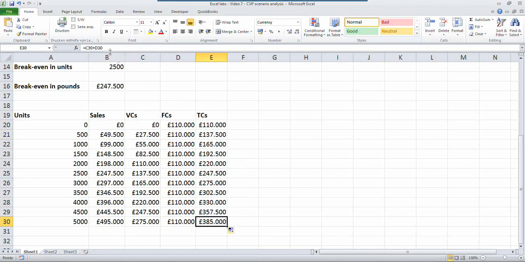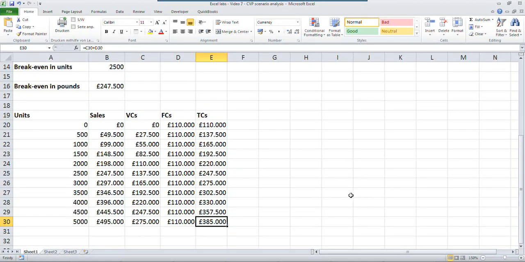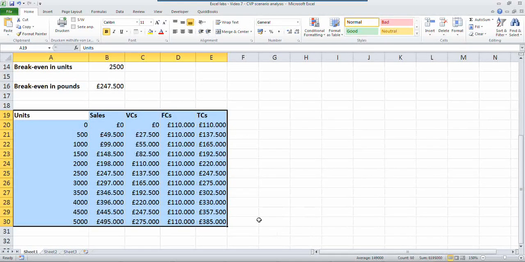Just make a quick check right here. Yes, it is the sum of 275,000, 110,000. That's the total cost. Now we can use this table in order to draw a break-even graph. How do you do that? You select the whole table, so A19 to E30, go to the Insert